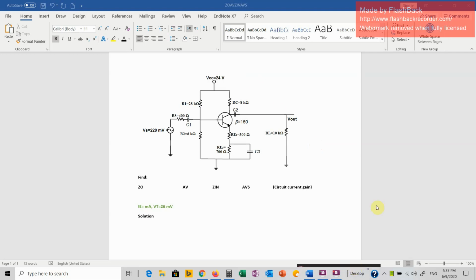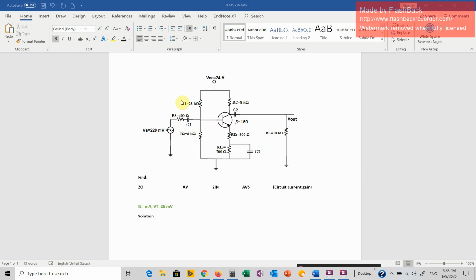Okay, welcome back for AC analysis. And in this example, we are going to analyze this circuit for AC. I'm not going to solve this for DC because I have tackled DC so many times, and you can solve this in DC using the voltage divider method, which is a well-known method, and I think it should be clear for you. So I'm just going to focus on AC analysis, and still DC analysis is quite important because from